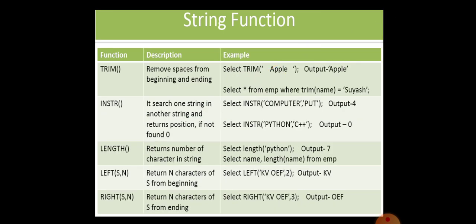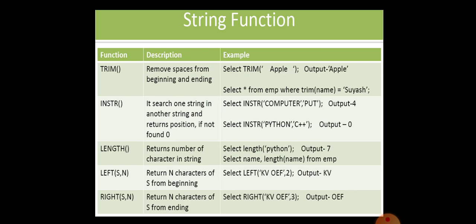We also have another function for removing the space at both ends, that is called trim. It removes space from the beginning and the ending. So if you unfortunately have " apple " with two spaces, one at the beginning and one at the end, the compiler will remove the beginning space and the end space, and you will get only apple without any spaces.